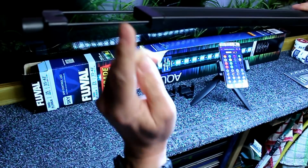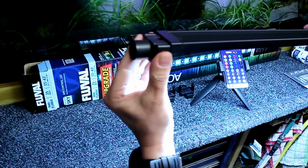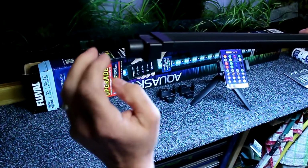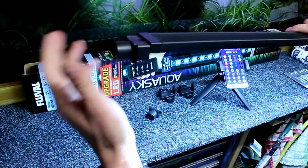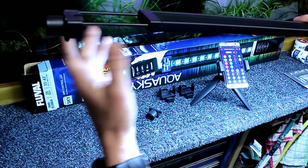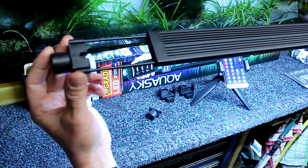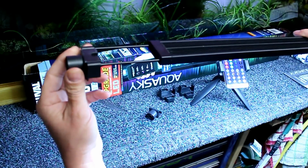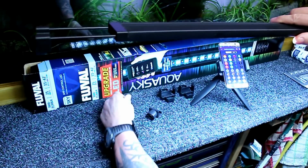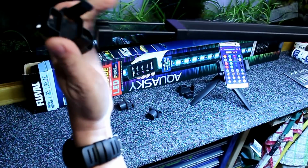You've got the distance on both sides of the rails to get it right, so you can literally fit this into an old housing. So if your old tank has got an old lid with an old one of these in, you can take that strip light out and replace it with one of these newfangled lights, and you've got yourself a brand new kit, and you haven't got to mess around with the hoods of your tanks or anything like that, which I find is such a clever little idea, it really is. So you've got that option, so you can turn your old lamps into new Bluetooth LED ones, or you've got this little gadget here,